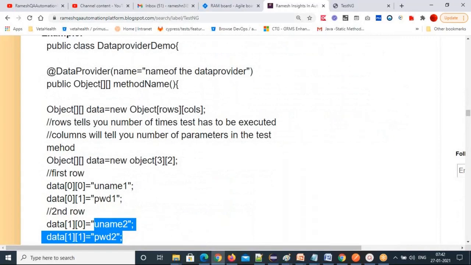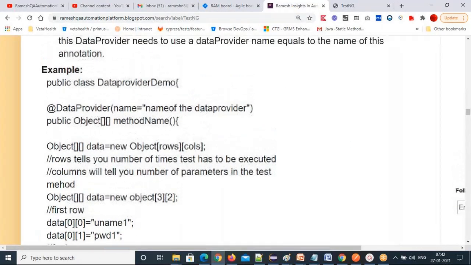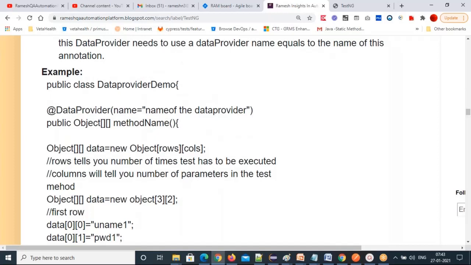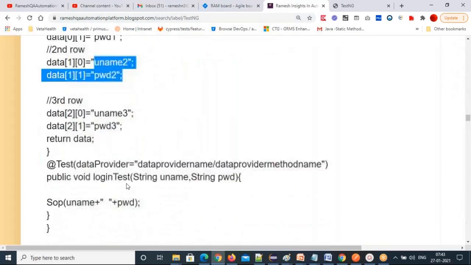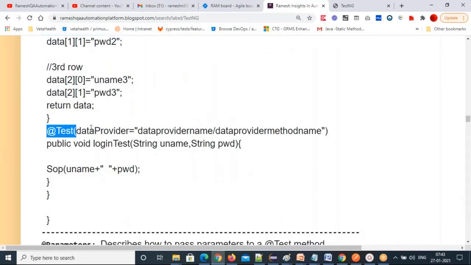How are we mapping a data provider and a test method? Which keyword are we using? dataProvider equal to data provider name or data provider method name. That's the answer. Good. This is the keyword they will ask as an interview question. How can you map a test method and data provider using the dataProvider keyword?